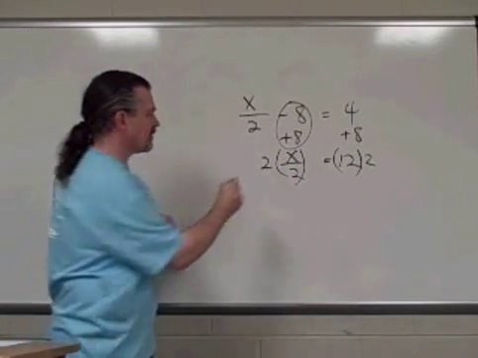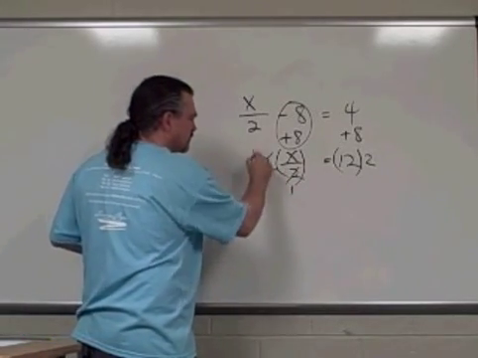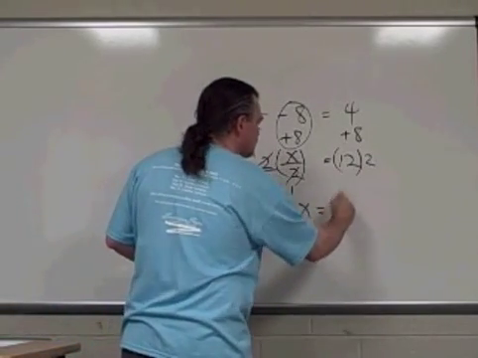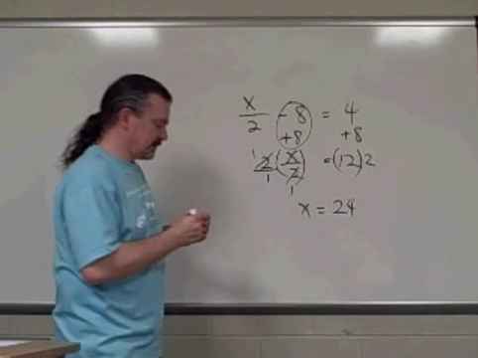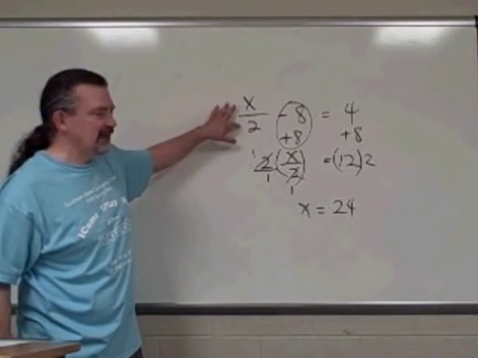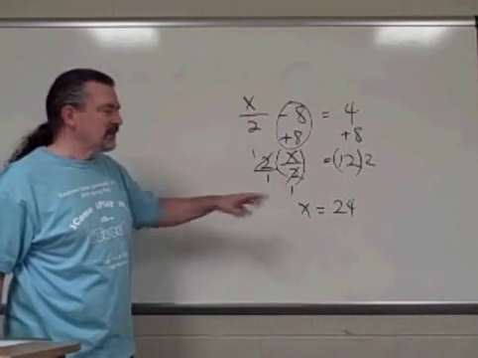Once again, this is the whole number. That's like having 2 over 1, and those 2's are going to cancel to 1, leaving us 1 times x is x, 12 times 2 is 24. And I think we can see that that would be the correct answer. 24 divided by 2 would be 12, and 12 minus 8 indeed is 4. We have found the correct